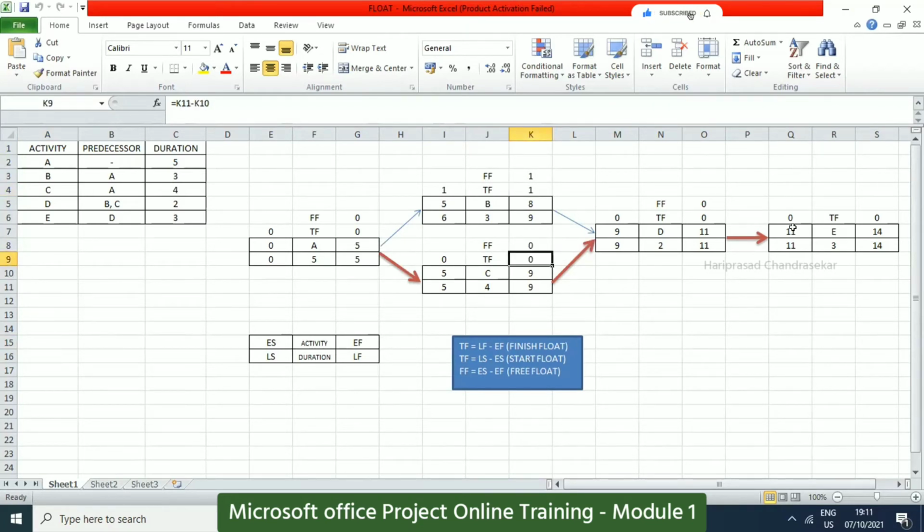Now you understood? Yeah, okay. Because it means that we don't have extra time. It means that the succeeding task should start immediately once the predecessor activity finishes, right? Is my understanding correct, sir? Okay. Correct. Because we can't delay the critical task. If you delay, then the overall project time duration will also get delayed. Overall project will get delayed.